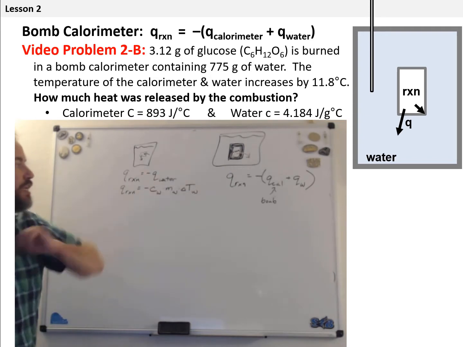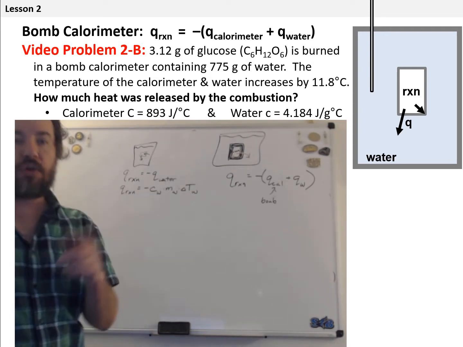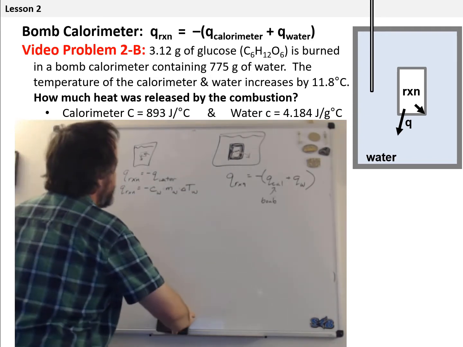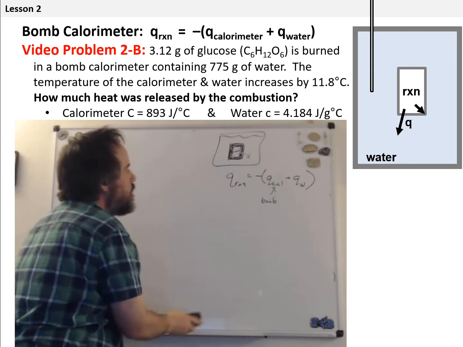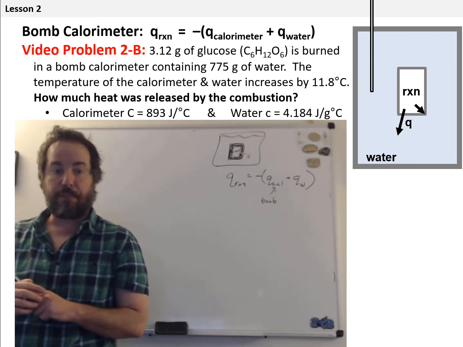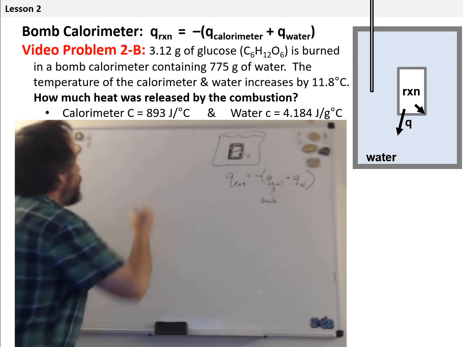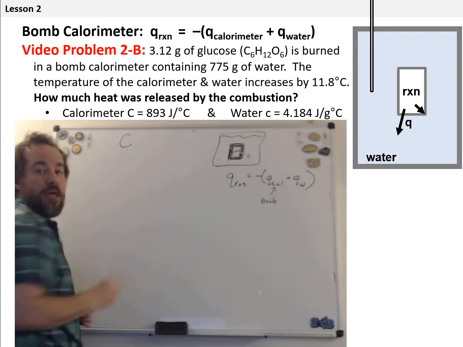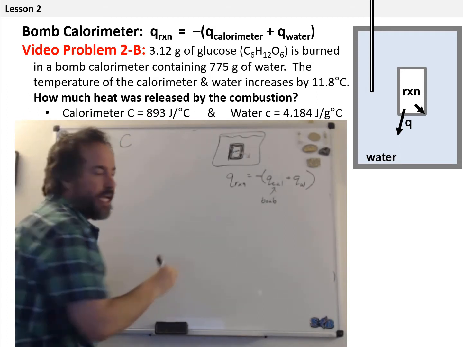And so I need to do that. All right, so in this problem, so I need to take into account both of those. In this problem, we know the big C for the cal